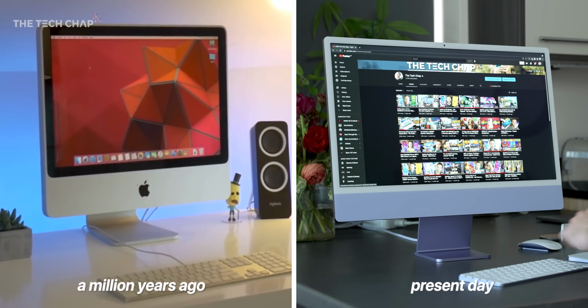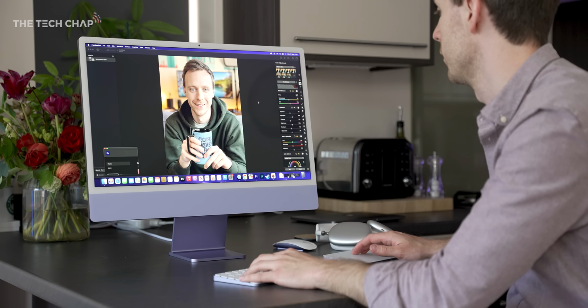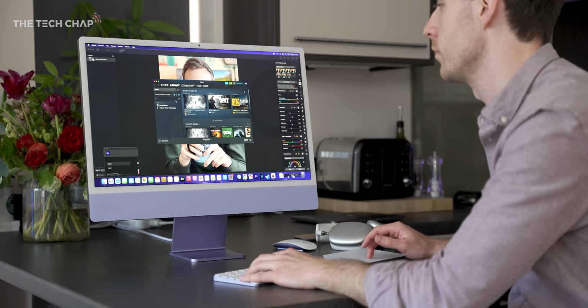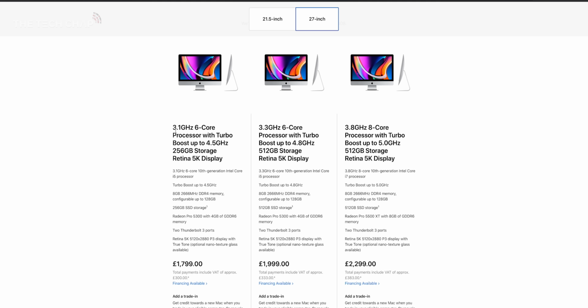Plus maybe they could have squeezed a bigger 27-inch screen into this form factor. Instead, if you do want a bigger screen, which personally I do, then you're currently stuck with the last gen Intel-only iMacs. However, one thing I thought I really wouldn't like is this big white bezel around the edge, but